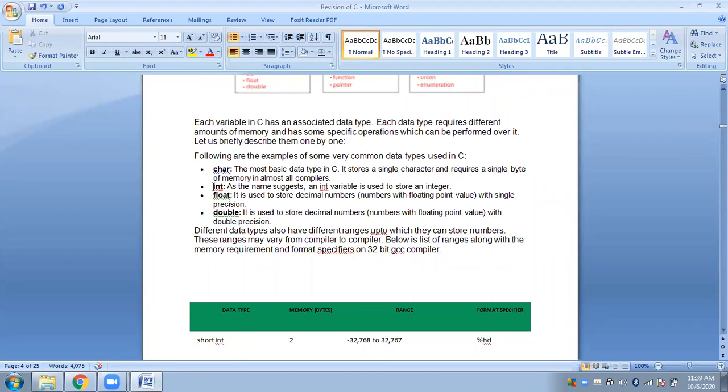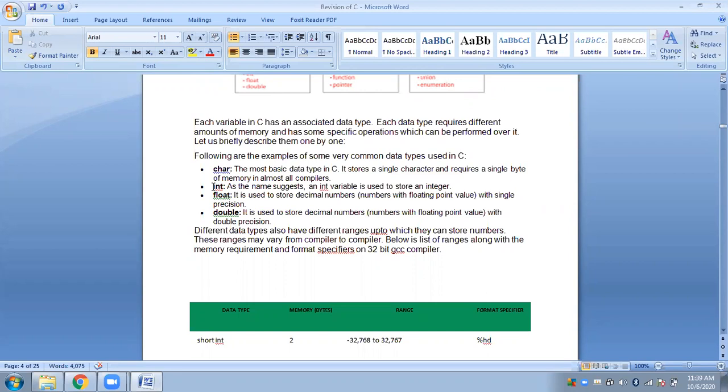Next we have int. Int clearly means integer values. Integer can be positive, negative, or 0, but it has no decimal part. We have already learned about integers in integer constants, in the constants that we learned in one of the previous classes. So int means integer. It can be a negative number, a positive number, or 0, but it should be a proper whole number.